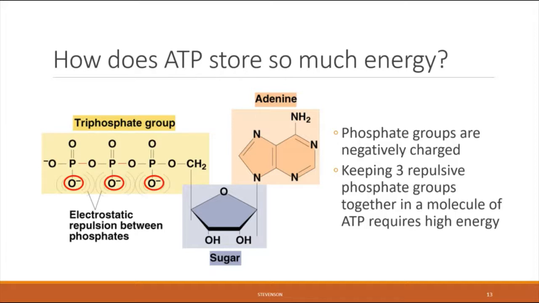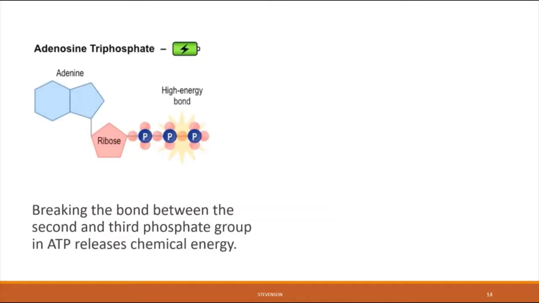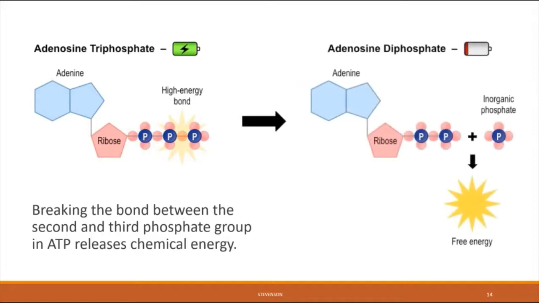And so the bonds that are located in between these 3 phosphate groups are actually very high energy bonds because they have to be in order to keep these negatively charged groups together with each other. So that's how ATP is able to store a lot of energy. And again, the way that that energy can be released for other purposes inside of the cell is by breaking the bond between the phosphate groups, which allows the phosphate group to come flying off, and all of the energy that was previously being used to keep it in place is now available